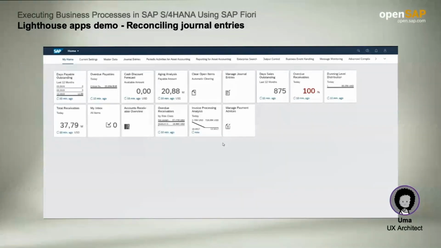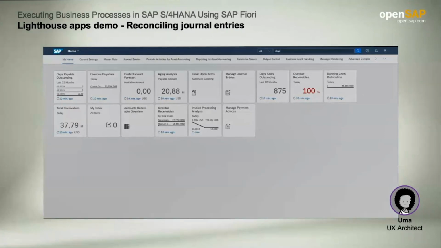I would like to show you how SAP Fiori and SAP S/4HANA helps general ledger accountants with managing their journal entries. There are several journal accounts linked to the company, each with several credit and debit transactions. Reconciling these with journal entries is a time-consuming and manual process which requires a lot of spreadsheet manipulation.